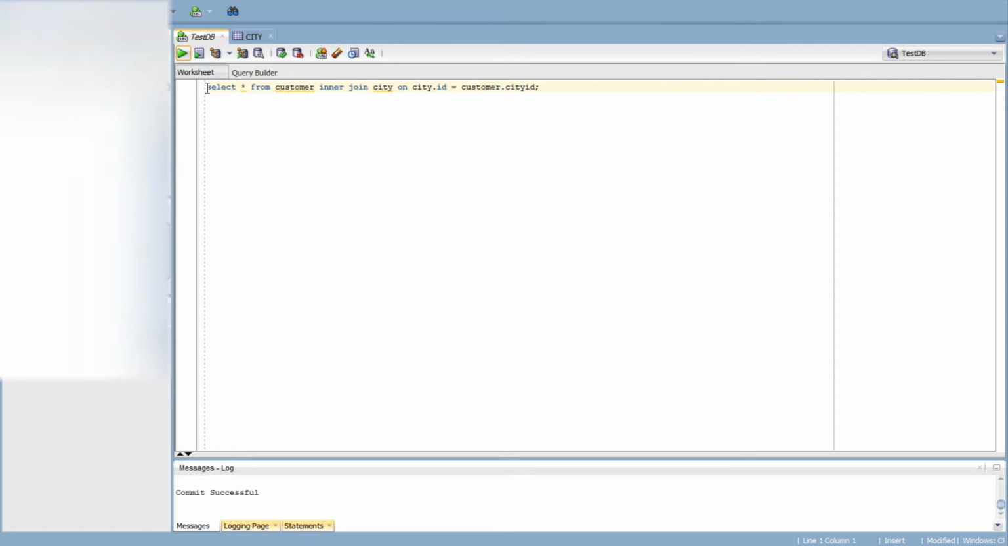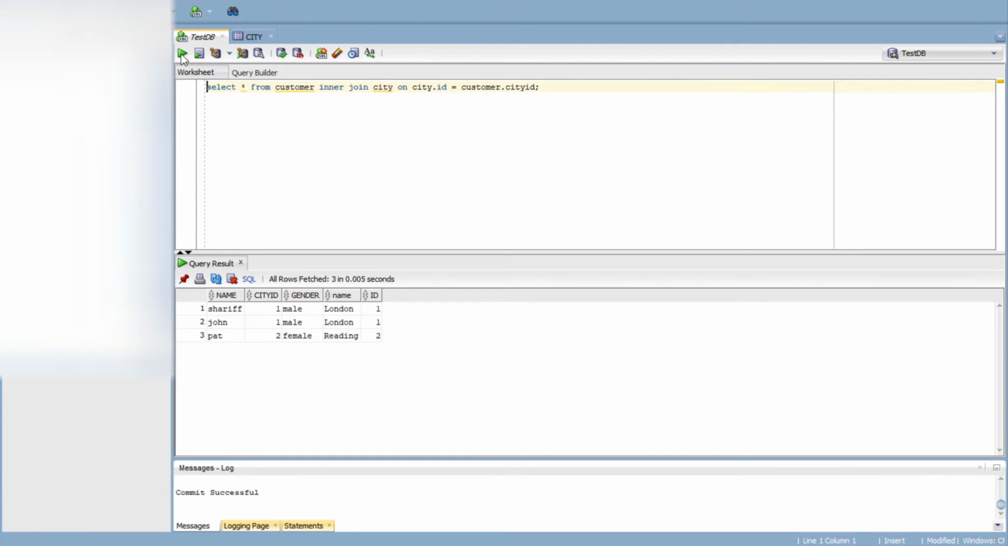inner join statement. So we'll say select star, select everything from customer, and we'll inner join with the city table, and we're joining on city ID is equal to customer.cityid. So the ID column on the city table with the city ID column on the customer table. And when we run this, you see now we get these